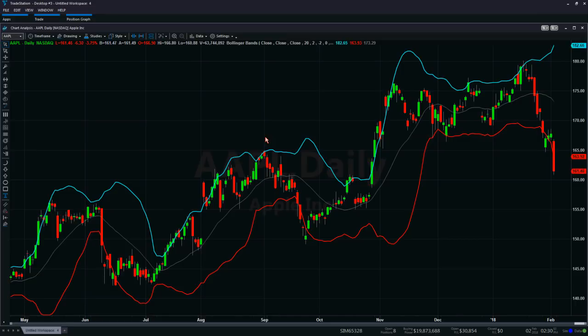Let's say that we wanted to change the number of standard deviations, which by default is 2. Remember that I told you that you could double-click on the candles to customize the symbol, in this case Apple? Well, the same happens with any indicator that you insert on a chart. You can double-click on the line,